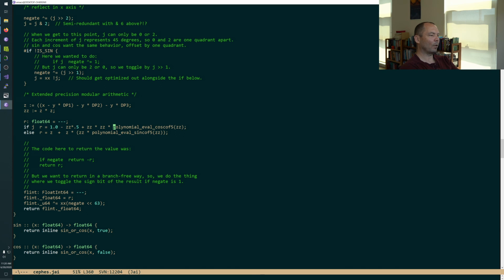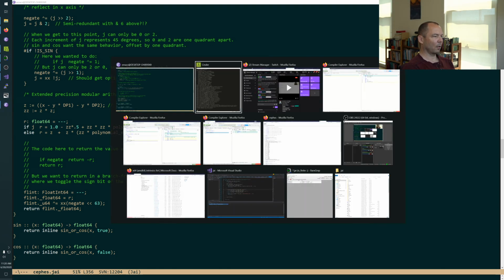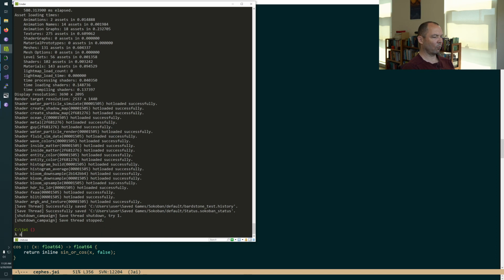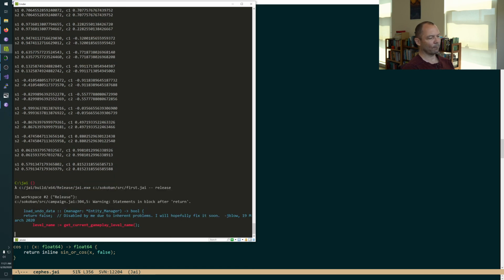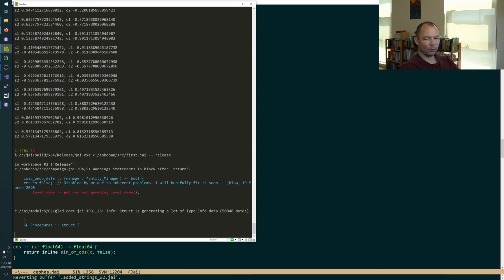I'm not sure how that would make this faster, but I don't know. Let's try squinching the squinch. We definitely lose some precision by squinching the squinch, for sure. But let's see what that does for speed. Probably not a lot, but